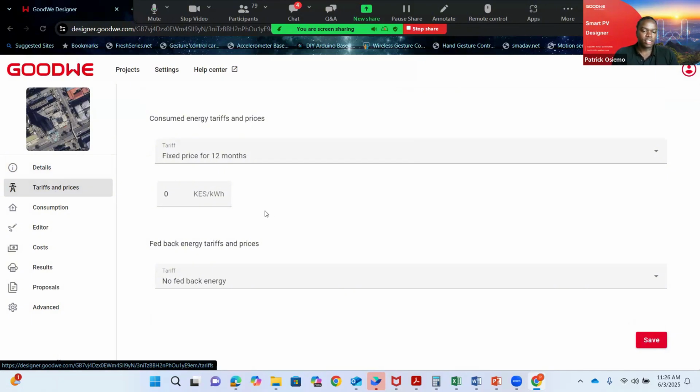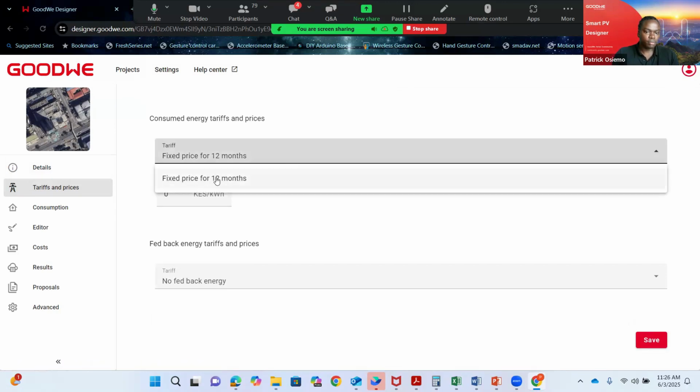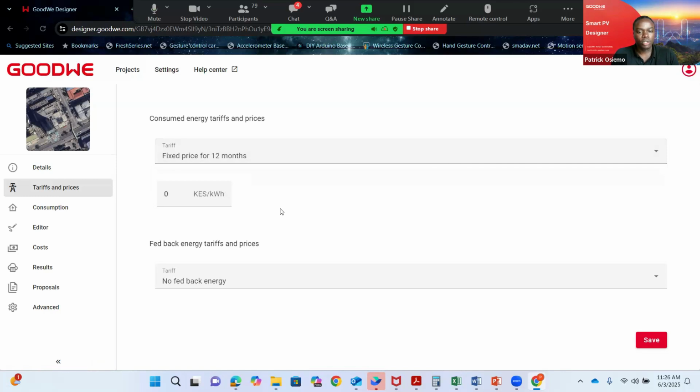Now we move to the tariffs and prices. Let me say we'd like to do a whole year, 12 months. So we choose a whole year, 12 months. Then the price of the particular charge of the local or public grid. In Kenya, we can do around 29 Kenya shillings per unit. So depending on the country, the region, the date, the month, you can edit the price per unit from